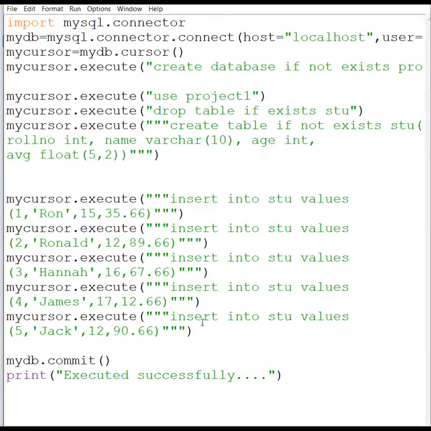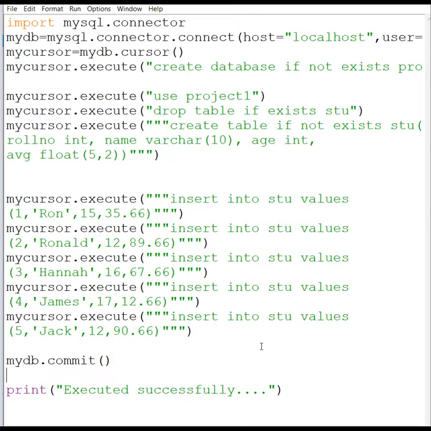Now suppose I wanted to delete this. Okay, so what I'm going to write? Suppose I wanted to delete a record of Jack. So what I can do over here, I'm writing the command over here only.